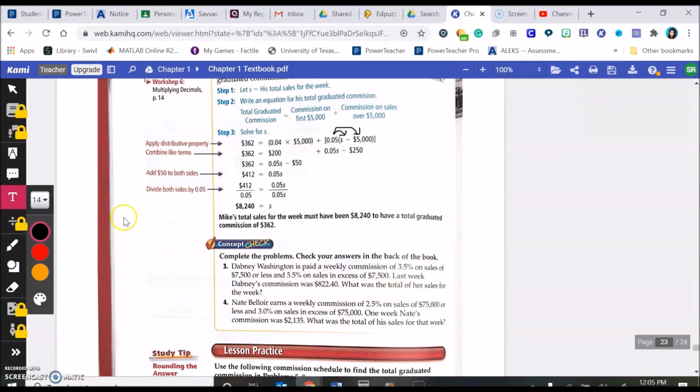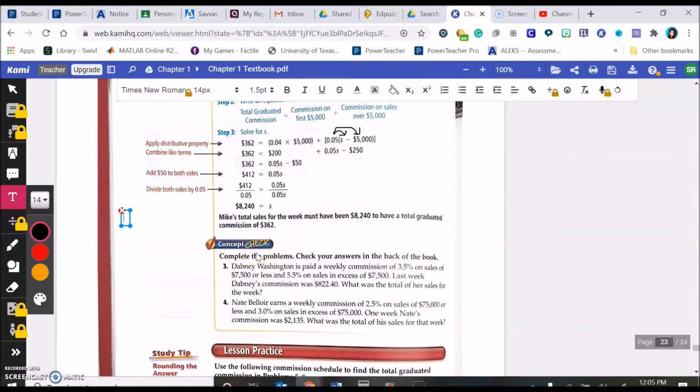So I want to set up an equation like we did up top. I have $822.40, that was her commission for the week. She makes 3.5%, or 0.035, times 7,500, and then she makes 5.5%, or 0.055,